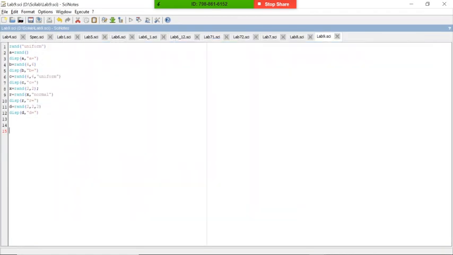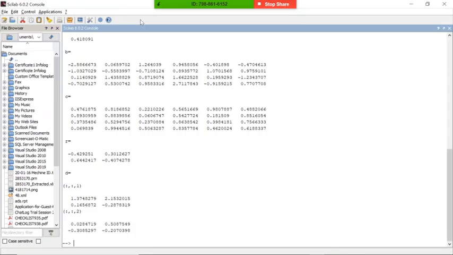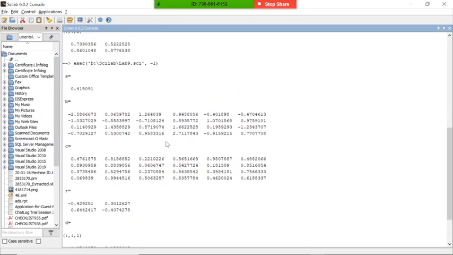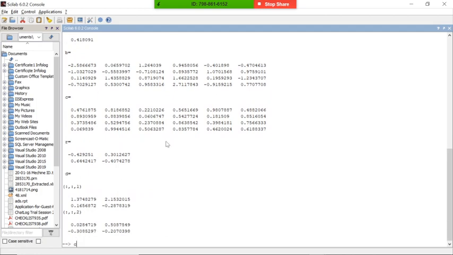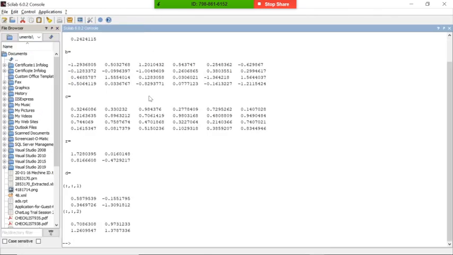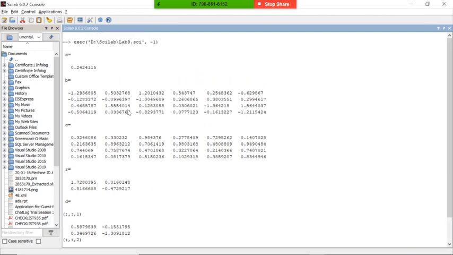If we run the same program with normal, let me clear the screen first so we'll get a clear idea about the things. Now you can check out it is normal, meaning the sequence will be in random format.